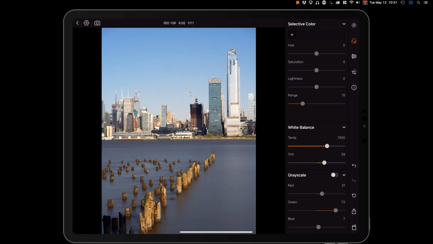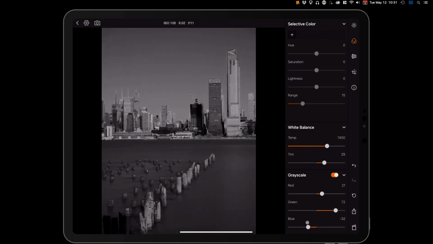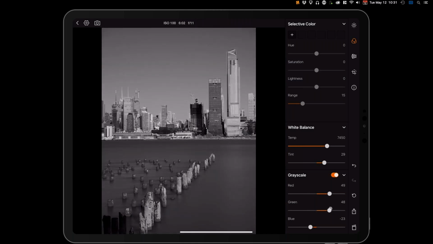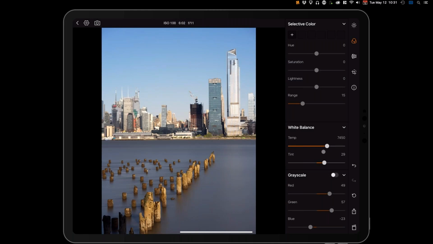At the very bottom, the grayscale conversion, where you can do a very traditional monochrome conversion, so just using the RGB or red, green, blue adjustments. In this case, if I wanted to maybe accentuate the sky, not that much, and then bring out some of the tonal data in the yellow-orange channel, we'd just finesse things there. And then very easily, you can also disable it there to bring it back to a color image.